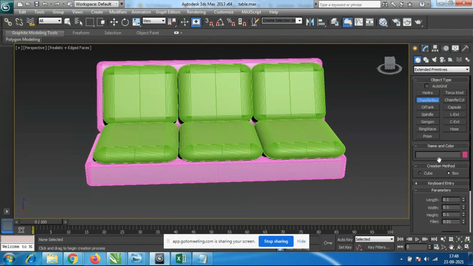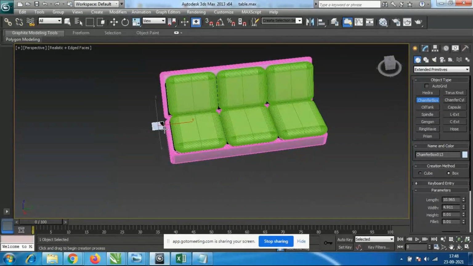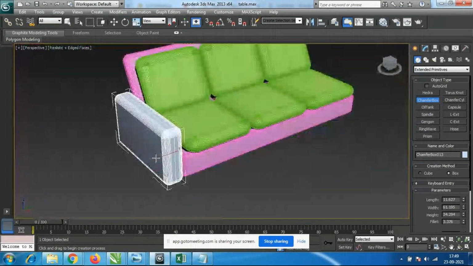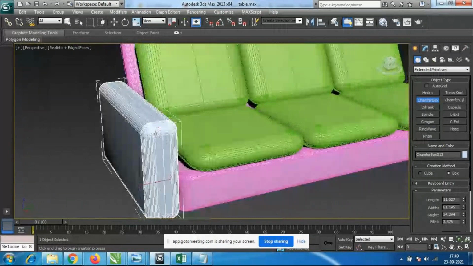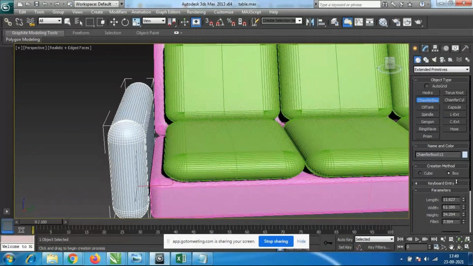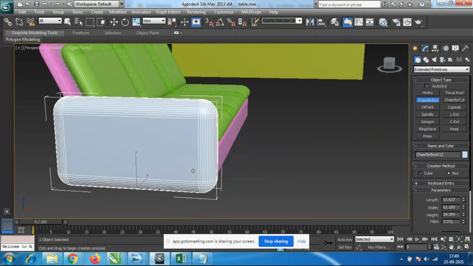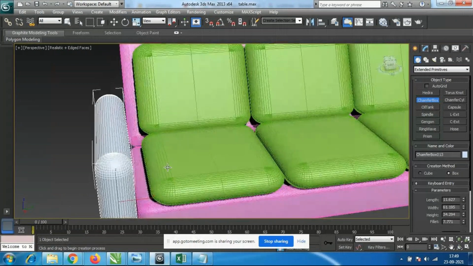Okay, so again I want legs, I will do it later, otherwise I'll do it like this only. I'll just take a box and I'll take it like this. So look at here, I have added this design. How much ever smoother you want this shape, that much you can give it like this. You look at the smoother shape. So some sofa designs are coming with a smoother shape like this.